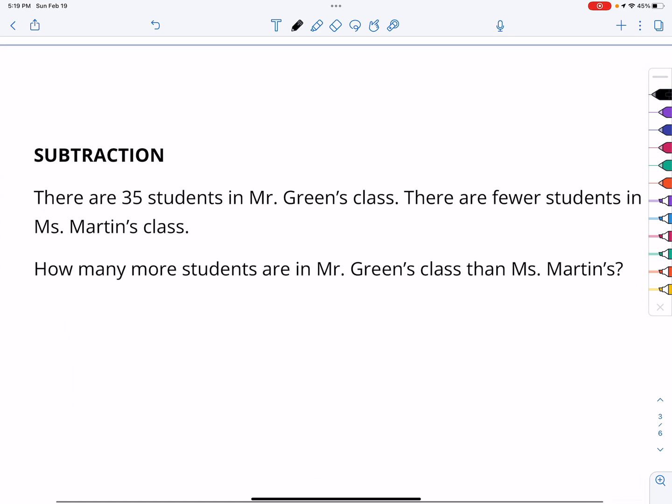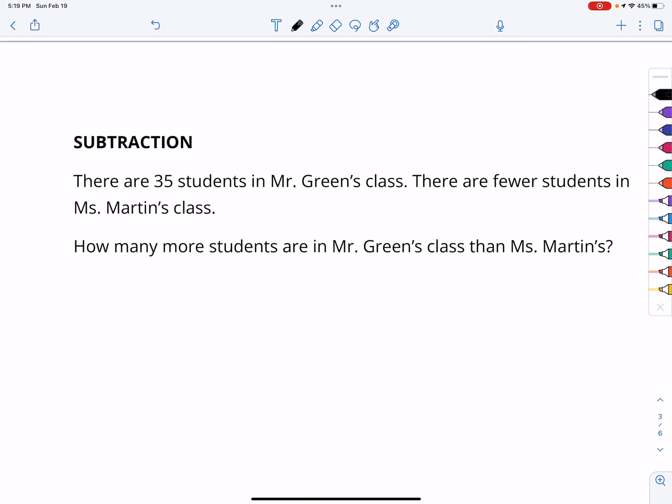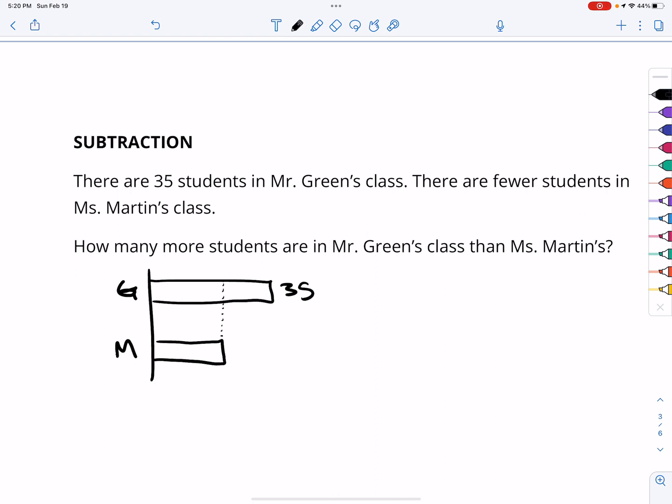Now when we move into subtraction, there are 35 students in Mr. Green's class. There are fewer students in Miss Martin's class. How many more students are in Mr. Green's class than Miss Martin's? So I'm going to do a double bar for this one. So we have G and M for Green and Martin. We know that there are 35 students here, and there are fewer students in Miss Martin's class. How many more students are there? Would be represented by this amount